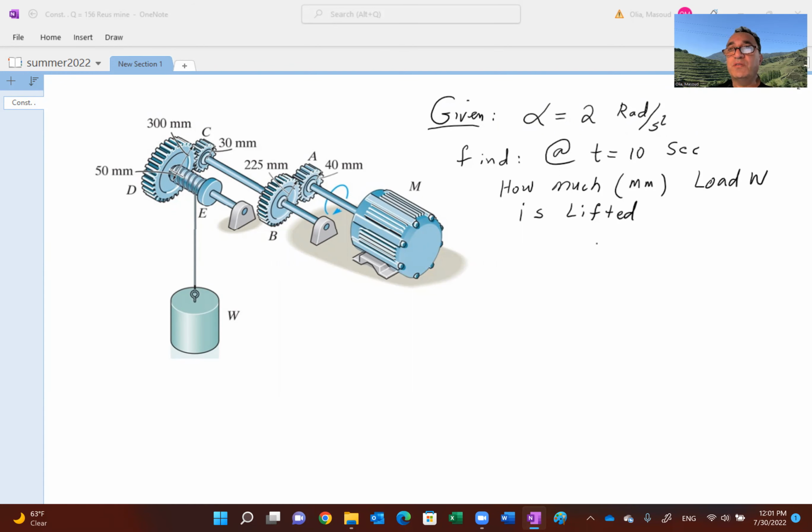I had noticed that people on my YouTube channel have been interested in problems involving gears and pulleys. I already have one example related to pulleys and belts, so I thought maybe I should show you an example of gears and gear ratios. This is a very simple example. The problem looks kind of overwhelming, but it's really simple once you know how to